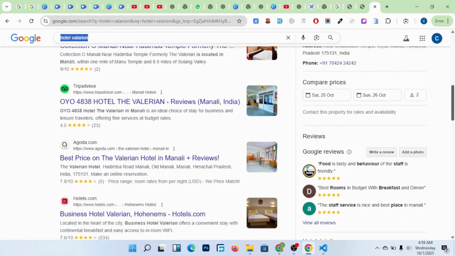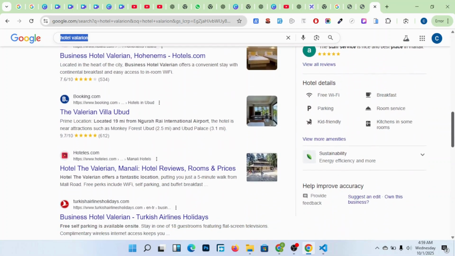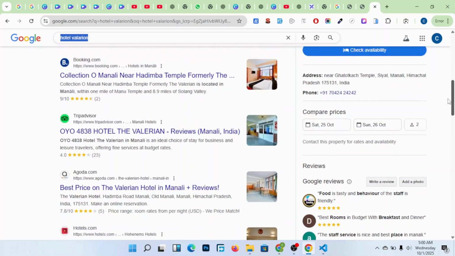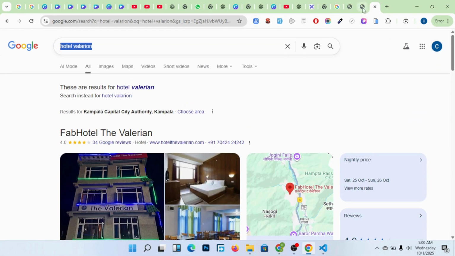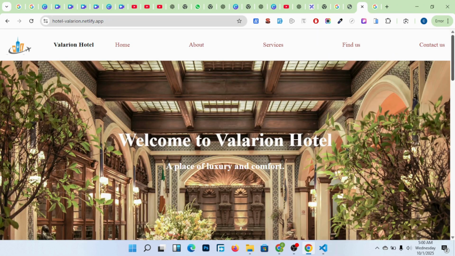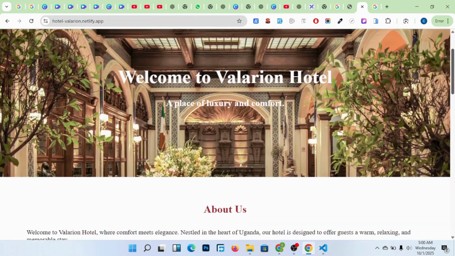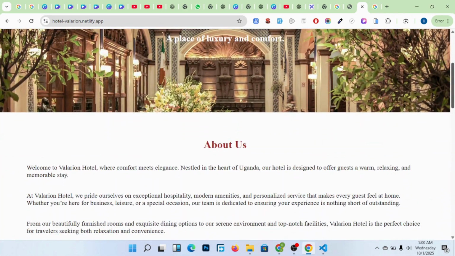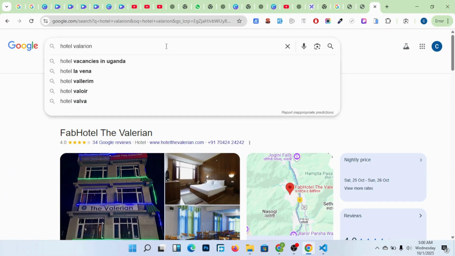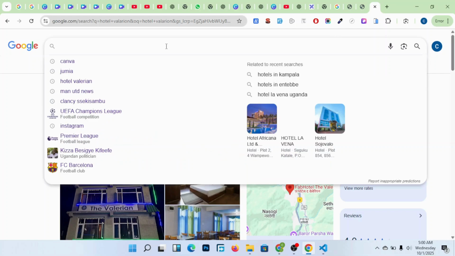You will look for Hotel Valerian and you will never see it anywhere. The website I worked on is here. If I'm building this for a hotel called Hotel Valerian or Valerian Hotel, you will never see that website anywhere, even if you search for it. It will only appear when you type in the whole link here.